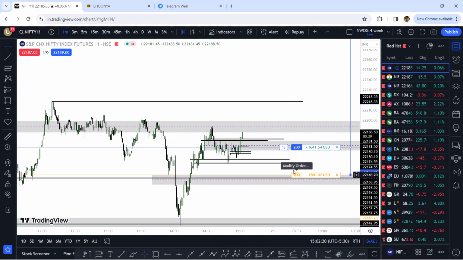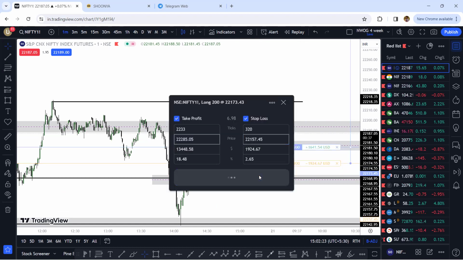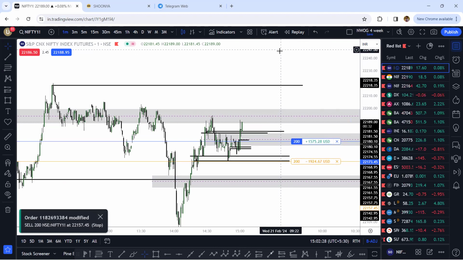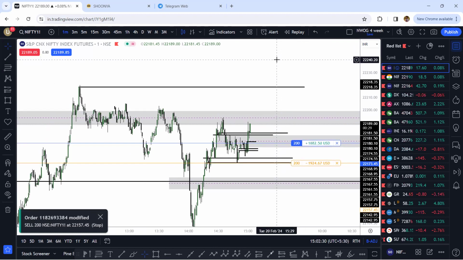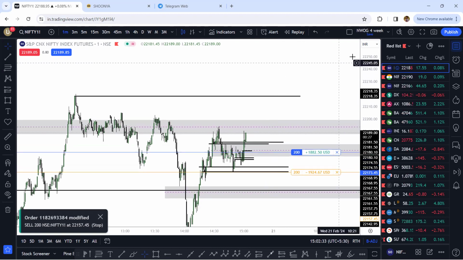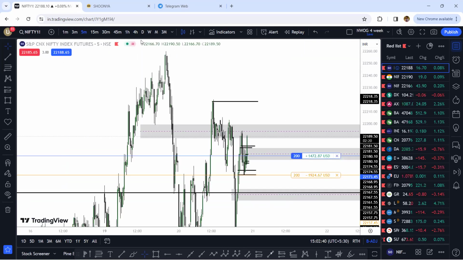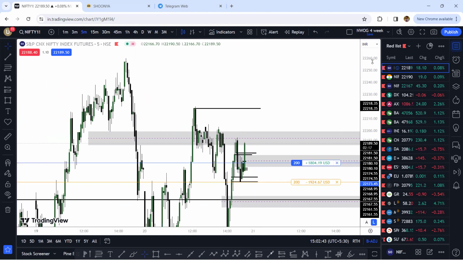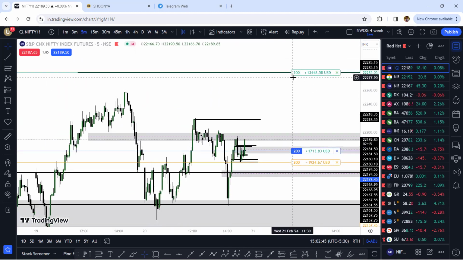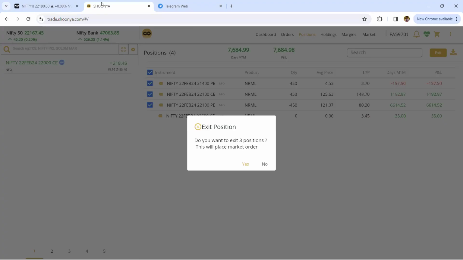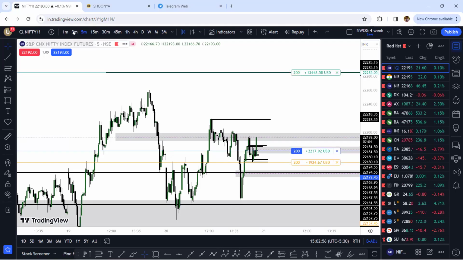So what I'll do now is I know that this 3 minute time frame volume imbalance is already tested multiple times. I don't need to see the price go back down there. So I have taken out my position there. I'm honestly waiting for this to break. Now, in the hope of waiting for this to break, it may just mess around with me. That's why I'm still a little